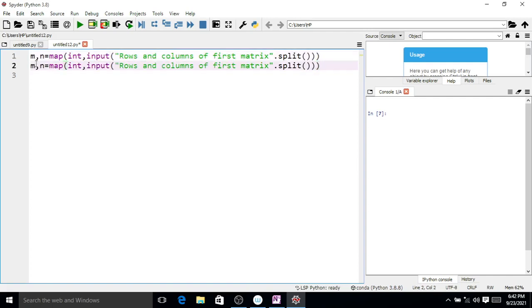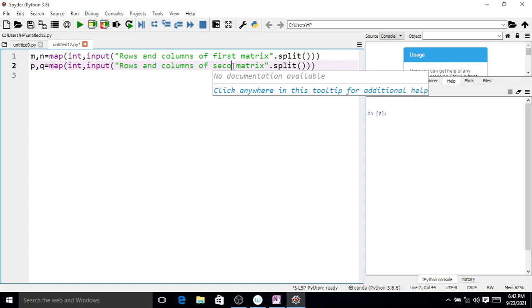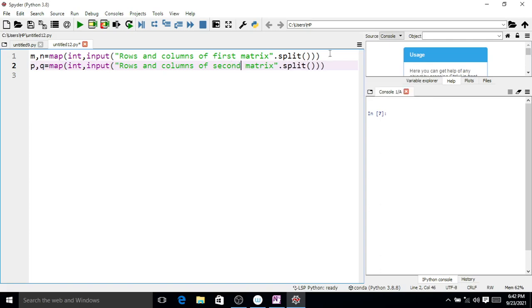Here say p and q. P indicates the number of rows of the second matrix and q indicates the number of columns of the second matrix. Now we want to check whether the number of columns of the first matrix, that is n, is not equal to the number of rows of the second matrix p,